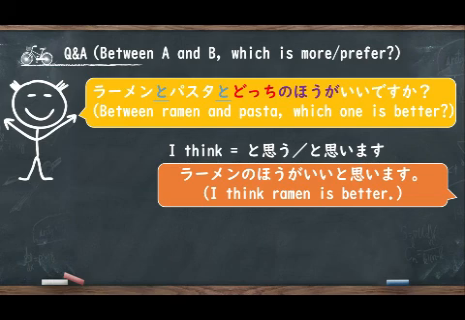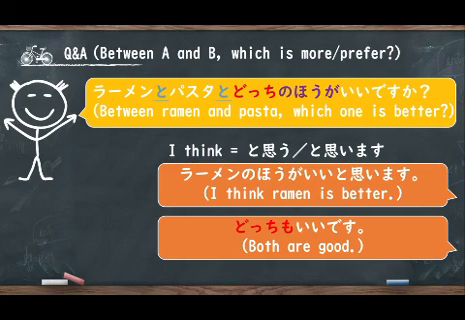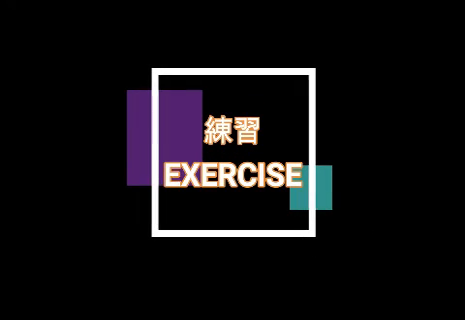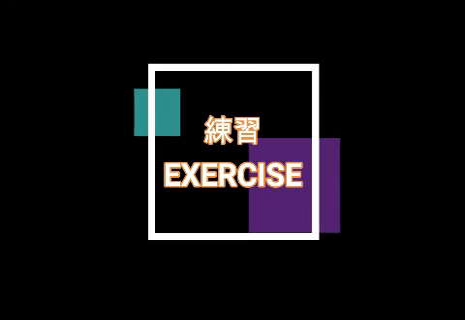Yes, you can say パスタの方がいいと思います。So now, what if you think both are good? Ramen is good, pasta is good. How do you say that in Japanese? Yes, you can use どっちも. Okay, the も here means both. So you can say どっちもいいです。